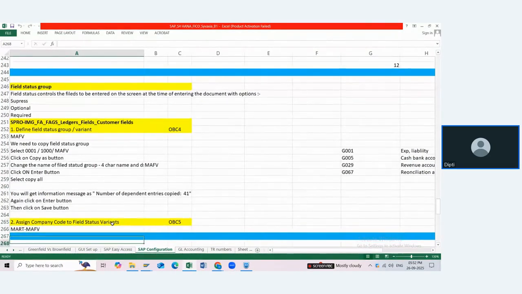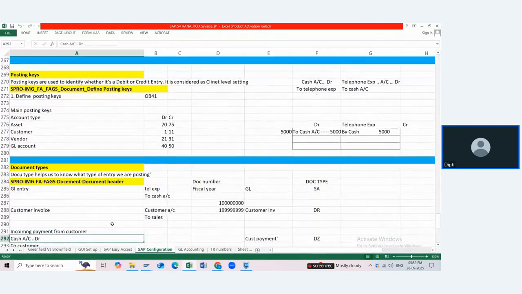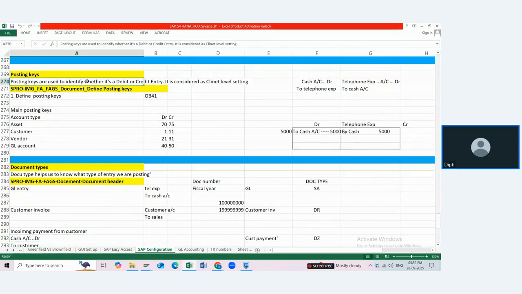Now the next concept which is there is called posting key. Now for posting key, what does it exactly do? Posting key is the next concept in global settings. Posting keys are used to identify whether it is a debit part of an entry or a credit part of an entry. And it is a setup which is already predefined. This posting key setting is already given by SAP and they are common. I mean, nowhere you have to go and change any posting key. We just have to check. We should know what exactly posting key means.